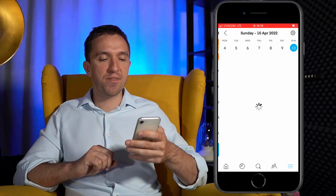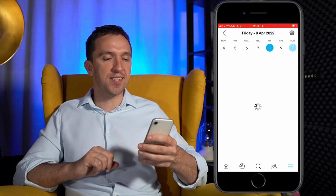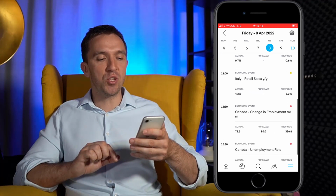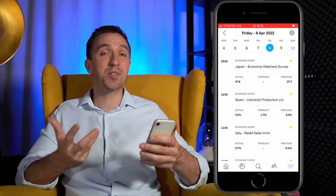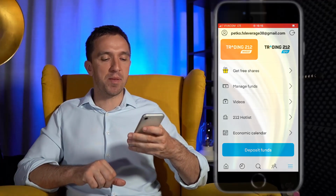At the bottom here we have the economic calendar, where we don't have any events today since it's Sunday, but if I go back to Friday, you will see some news that are coming from Italy, Canada, Japan, and usually the economic news impact the forex market the most, but sometimes the stock market, so you can keep an eye on that. It's a super easy app to use, not rocket science. You can easily start buying and selling real stocks from your mobile device, and I wish we had that earlier, like